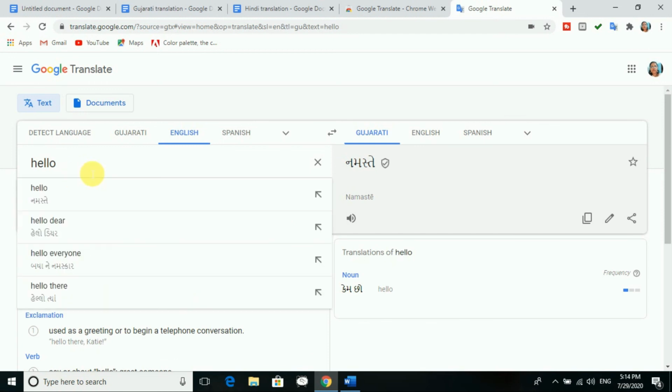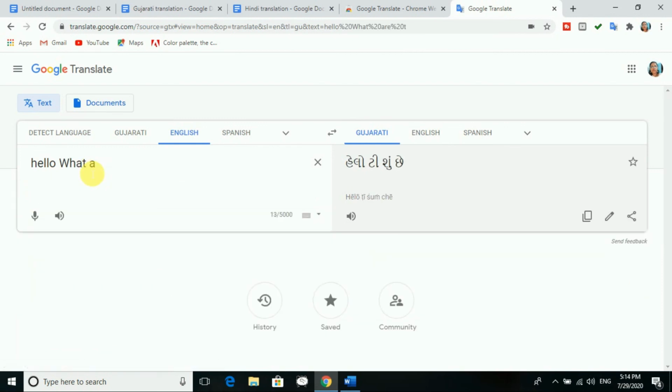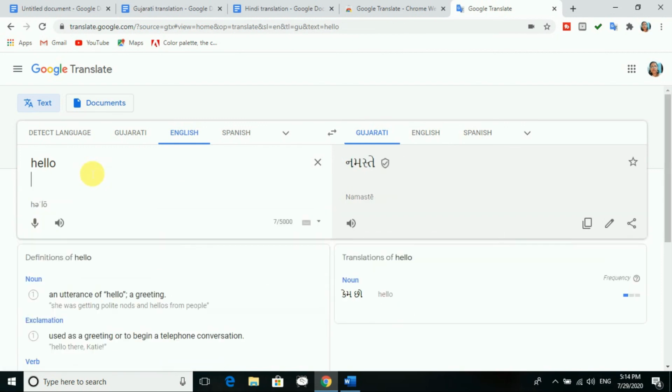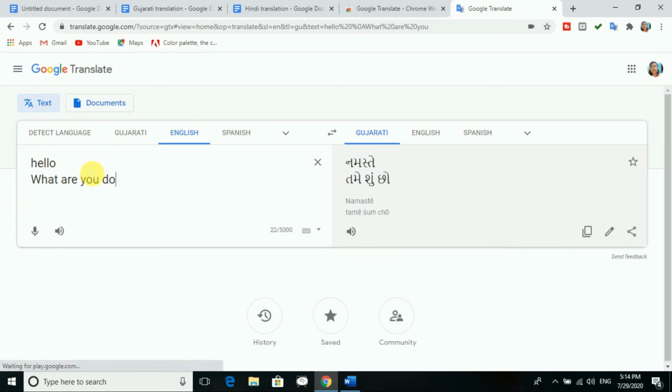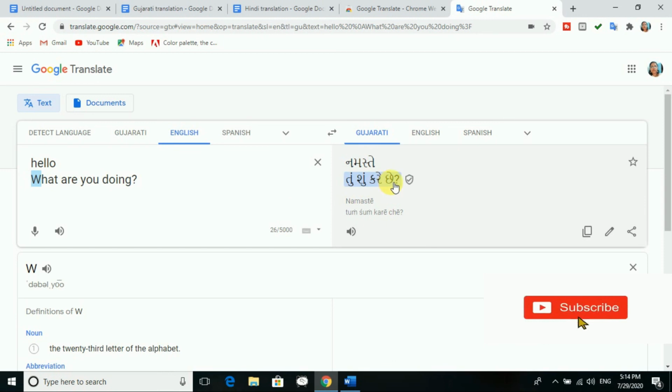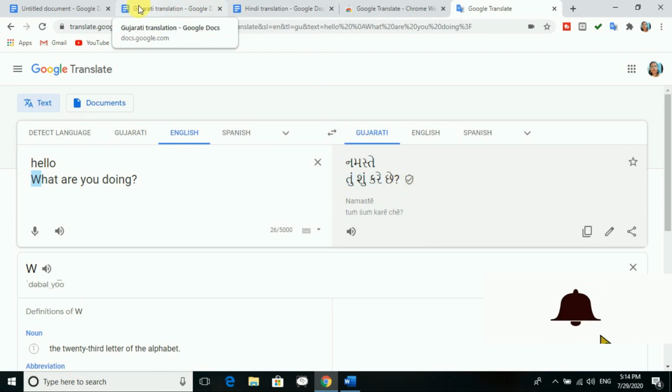Next, I will write the next sentence over here. Okay, and you can see here. So this is the way that you can do the translation in many languages.